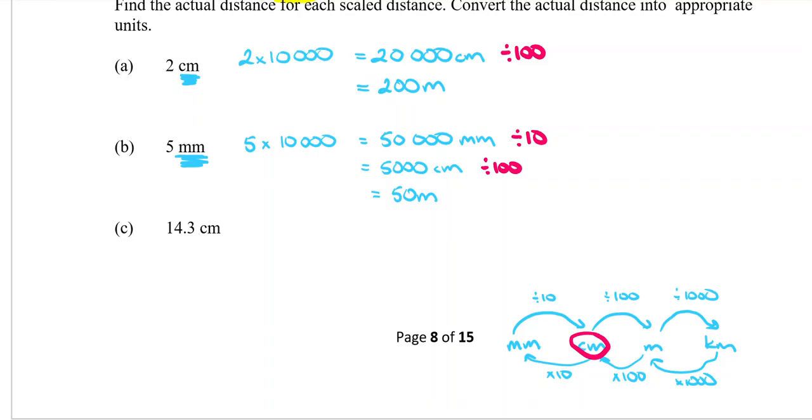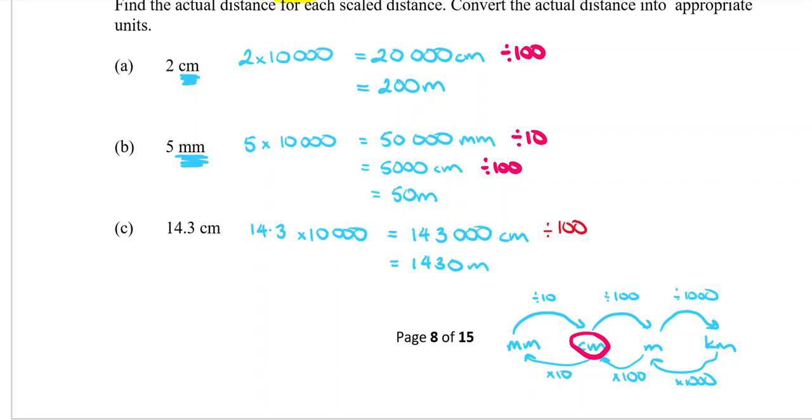We have 14.3 centimeters. So we're going to times that by our scale factor, which is 10,000. And that will make 143,000 centimeters. Far too many centimeters, so we're going to follow our arrow across here, and we're going to divide by 100 to turn it into meters. So that takes off 2 zeros, so 1430